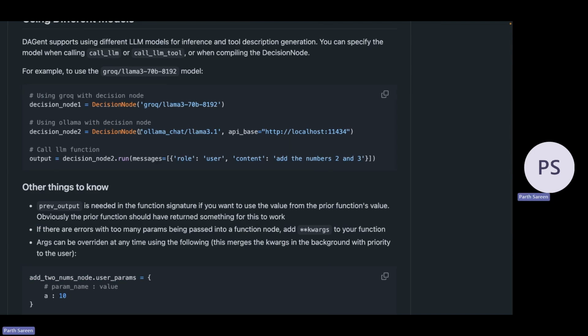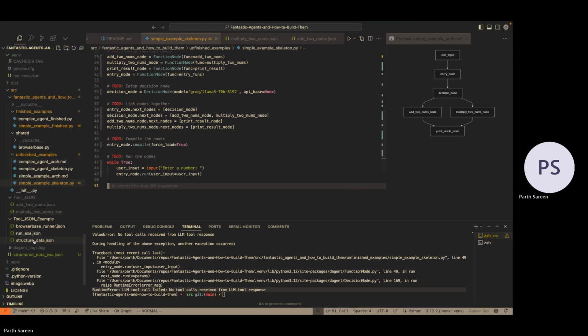So I'm just going to copy it. You don't have to do this portion particularly, but if you do want to actually run the code, I would recommend that you either swap to an OpenAI key or use Ollama, because you want everything to be standardized. I would not recommend mixing models as much, especially on the tool use aspects, because it may give you inconsistent answers. So I'm going to keep force load equals true, and I'm going to add this portion here.